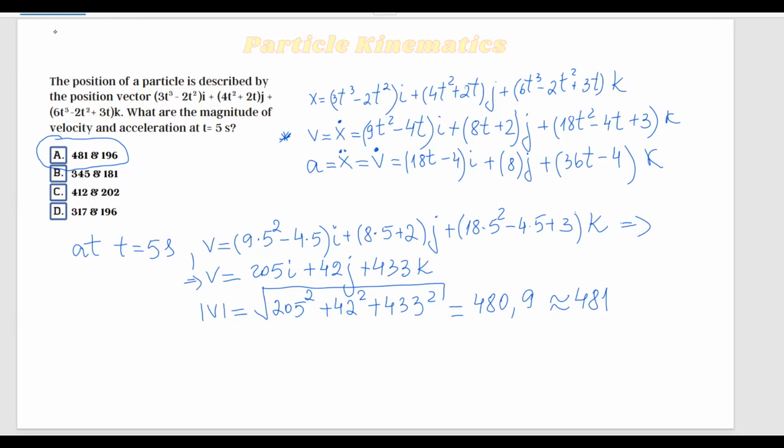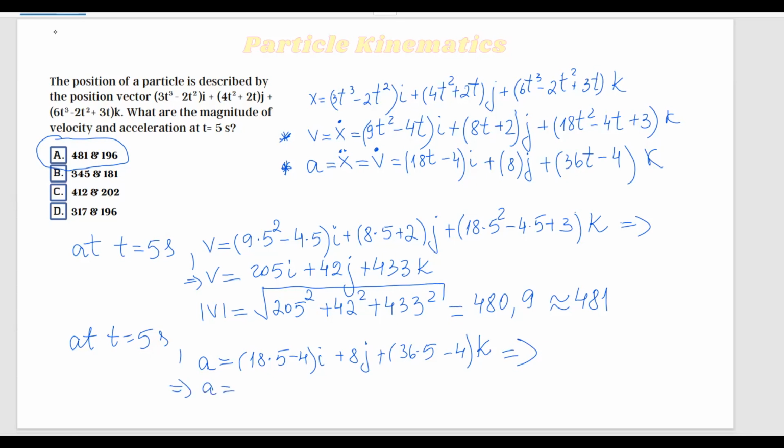So let's go ahead and do the same for the acceleration. At t equals 5 seconds, the acceleration equals: we're going to come back to this equation and substitute t with 5. (18 multiplied by 5 minus 4)i plus 8j plus (36 multiplied by 5 minus 4)k. Now doing all these calculations,